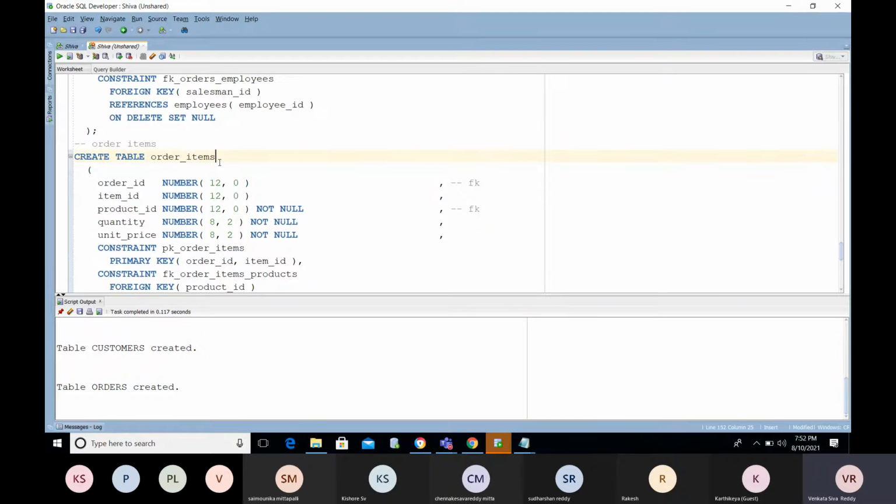Suppose how many mobiles he booked, how many pen drives he booked, what quantity, and how much amount he is paying. That is related to the order items: what items he provided and all those things.